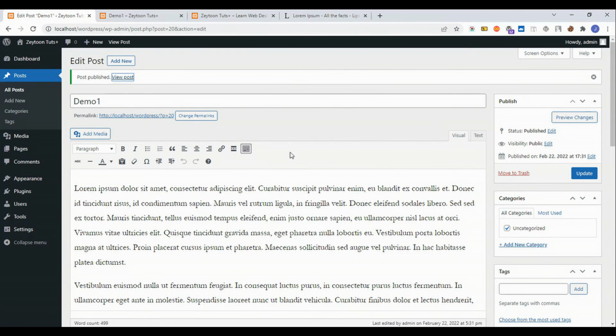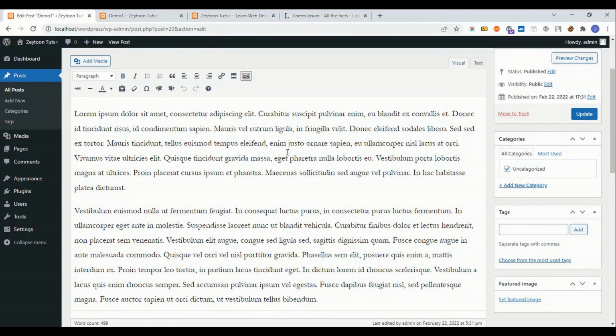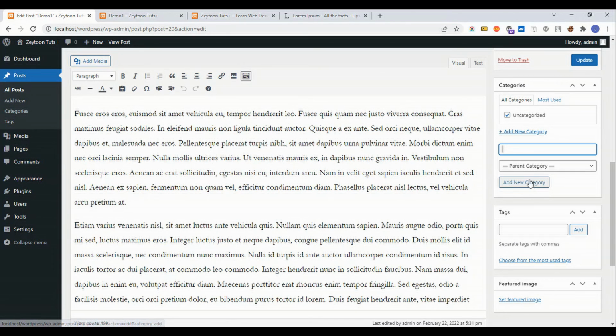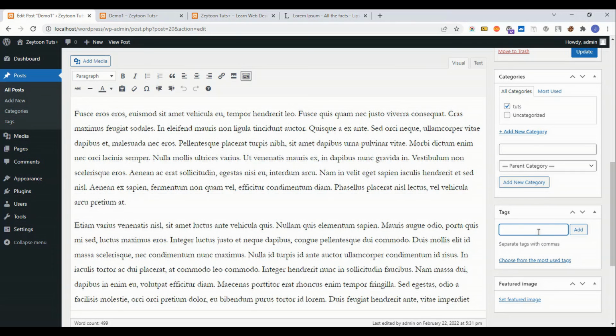All is the same as with the pages, but we have something different in here. I have categories. Before, in pages, I didn't have categories because I didn't have any category. It's in uncategorized. Now I want to add another category. Tags. Then I add a new category. I choose tags. Then I can add tags if someone